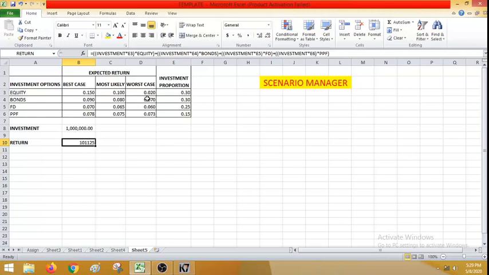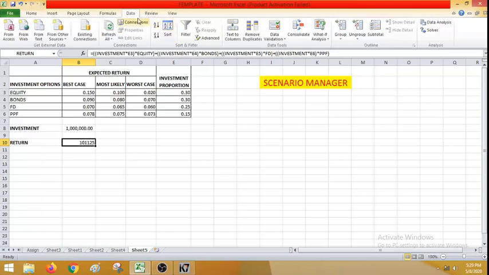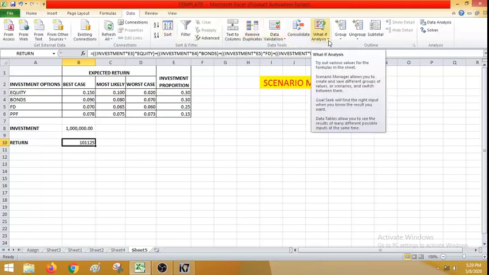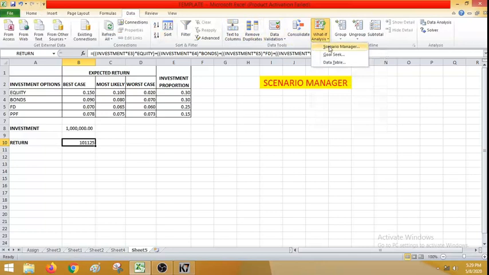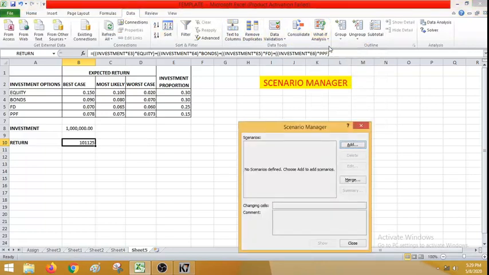So here we are having only 3 scenarios. Consider a practical example where there are several scenarios. Just consider there are 50 scenarios. For every scenario you cannot work out some formula, or copy paste and get an answer. In this case we have an inbuilt function in Excel. Go to Data. In Data there is an option called What-If Analysis, and it's called Scenario Manager. Click on Scenario Manager. You can see that there are no scenarios.